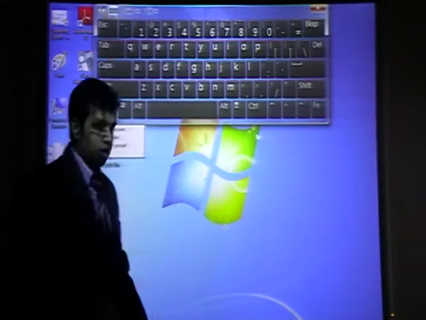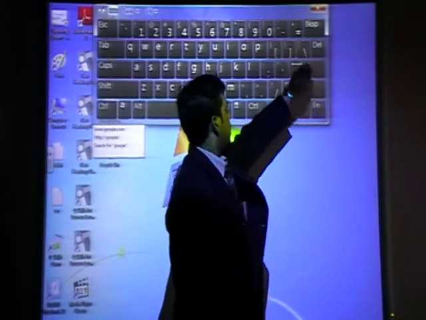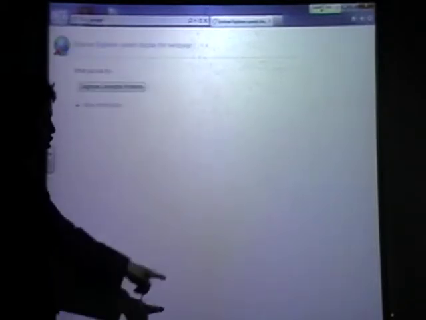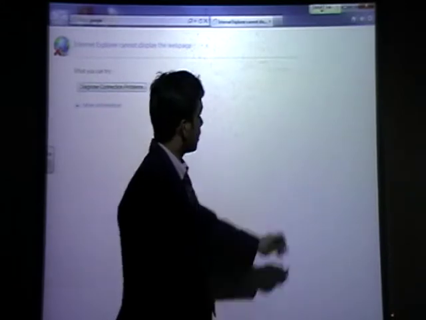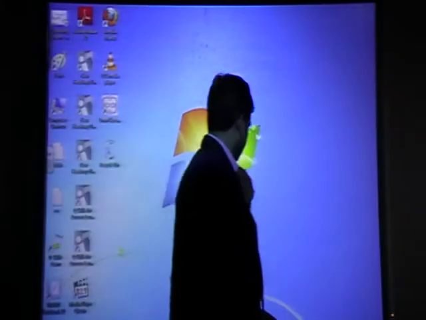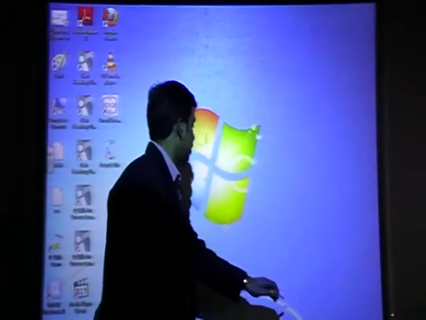Google. Okay, it came. Enter. Is it coming? It should come. But you need to write google.com. If you write google.com, it will open. I'll show you again. There are some modifications needed.